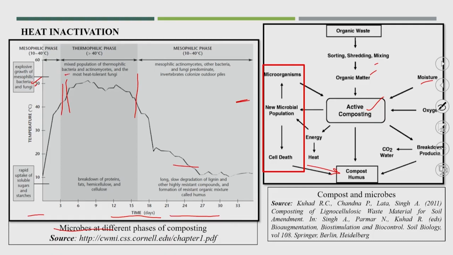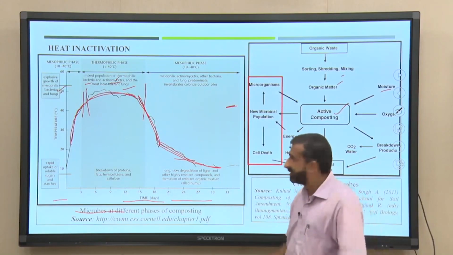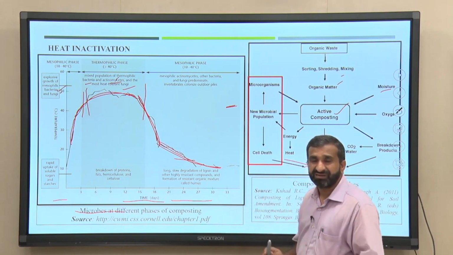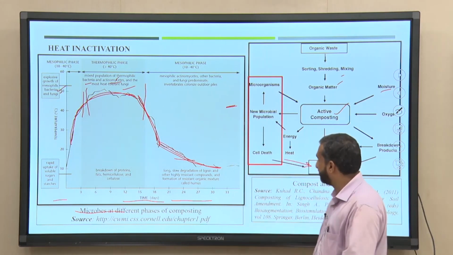The bacteria is one microbe, actinomycetes another microbe and fungi is another one. So, normally in this particular area the major degradation is by the bacteria, and once the temperature is reduced, the actinomycetes will work, the second one, and finally the fungus will work. By this temperature profile we can understand which particular microbes are degrading the organic matter.